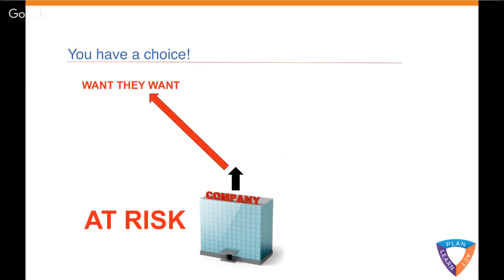So I'm quickly explaining to you there what they want. That project manager gave me what I needed to see. He gave me what I thought I wanted. He had no care for the project itself, no care for the workers or the contractors doing the job. And that's why he was at risk. So your choice is to give people what they want, or actually go forward and give people what they need.